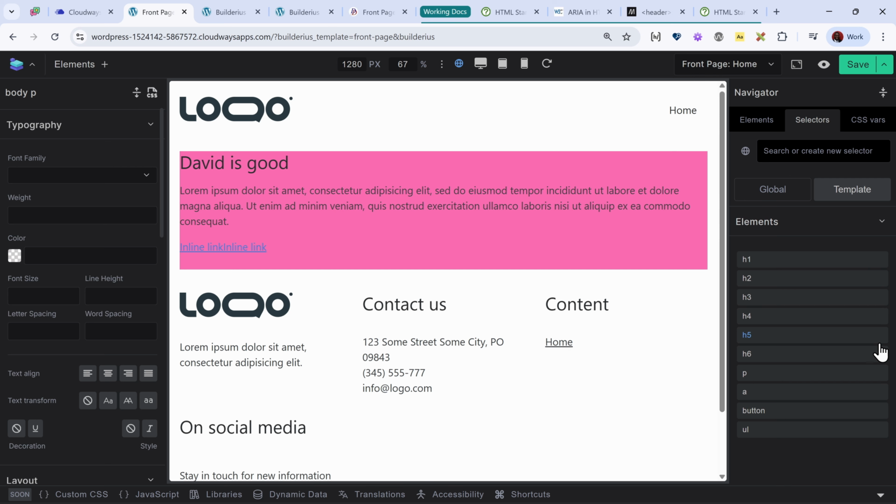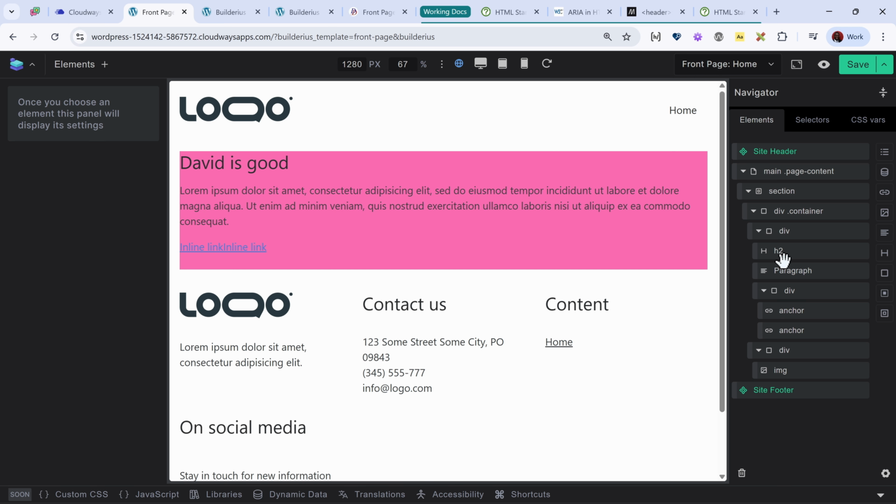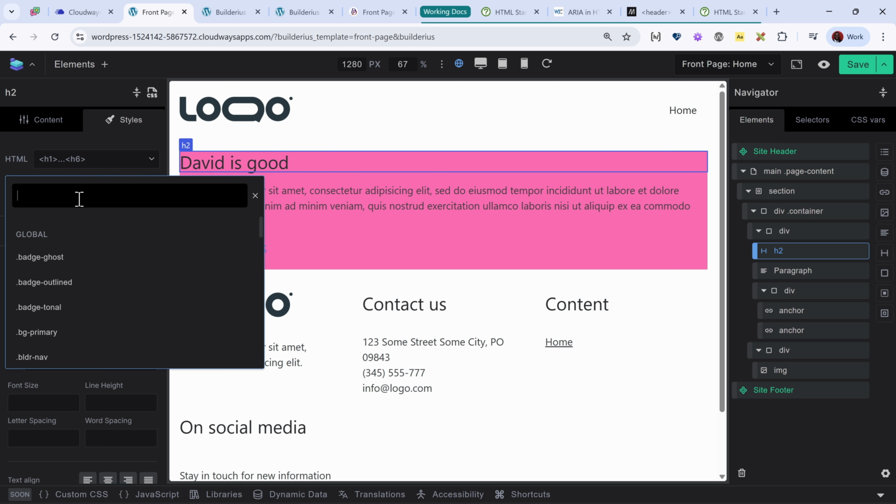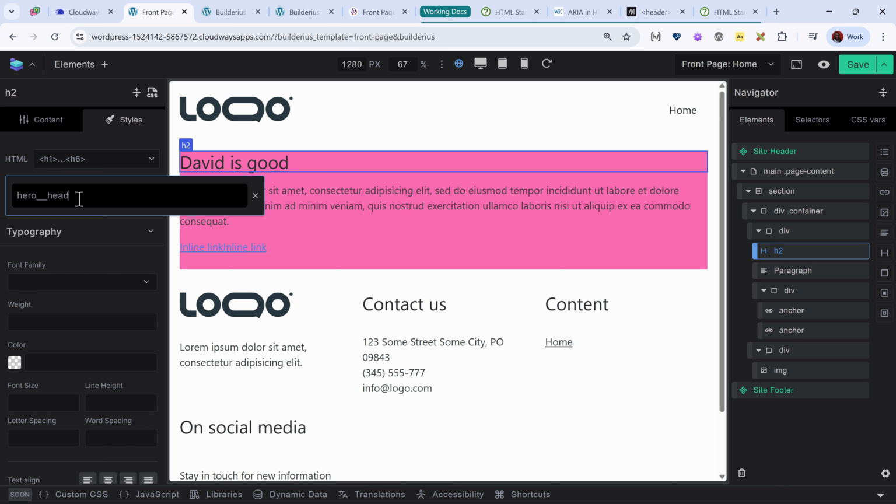And actually, there are no actual styles applied because none of them has a dot, because usually any one that has styles applied will contain a dot. So template level styling, there is no dot. But now I can come back to any element I want. For example, I can go back to maybe my H2. Then I'll give it a class name of maybe hero_heading.